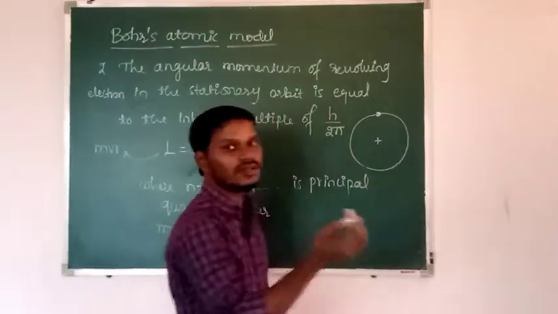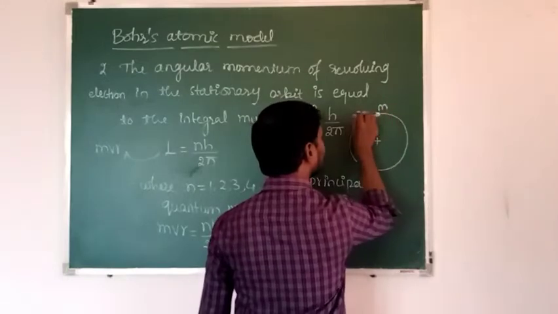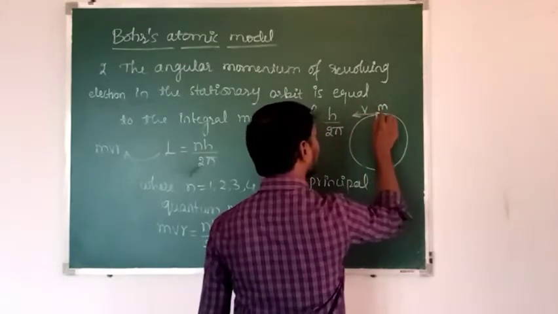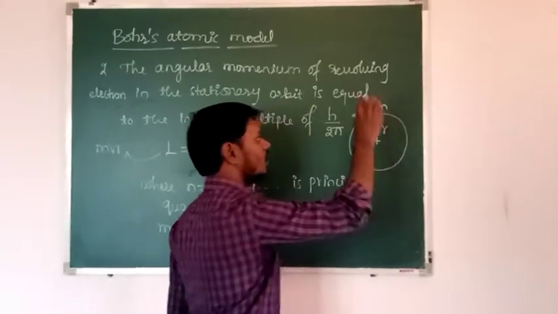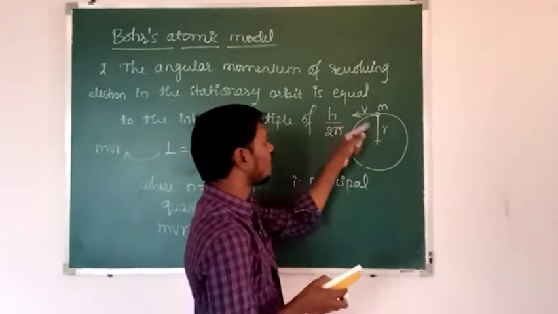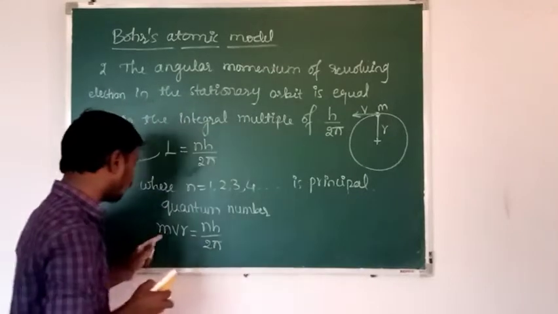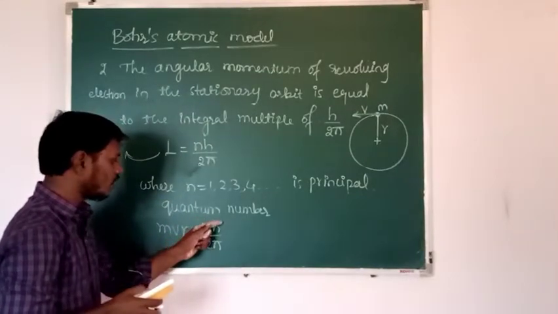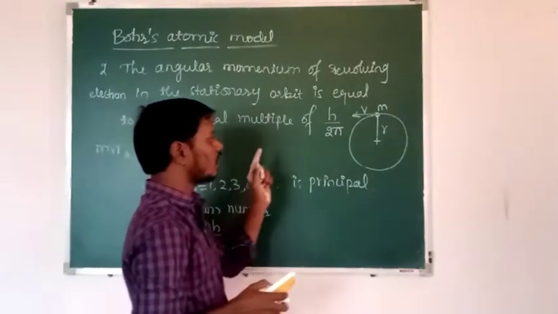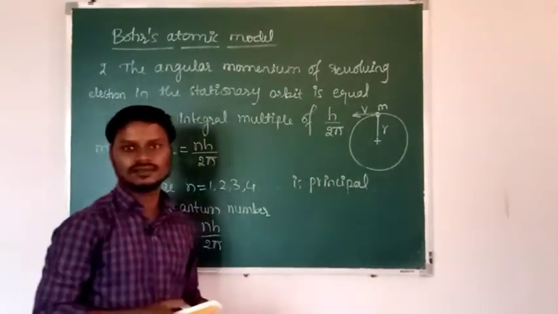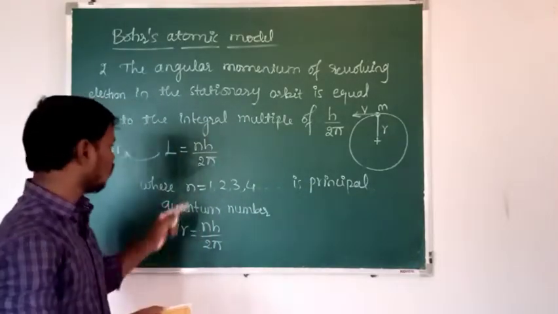Means there is no loss in energy of this electron, and this electron having the mass m revolving with the velocity v, and also this electron is revolving in the orbit of the radius r. Then m into v into r gives the angular momentum of the revolving electron, that is equal to n into h divided by 2 pi, and the angular momentum of the revolving electron is quantized. Okay, revolving electron the angular momentum ಏನಾಗಿರುತ್ತೆ quantized ಆಗಿರುತ್ತೆ,